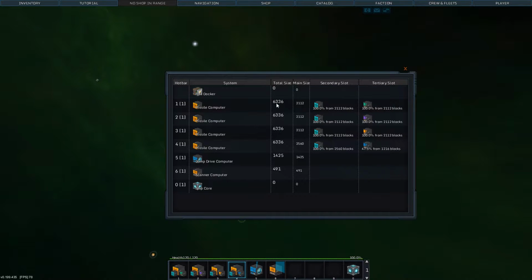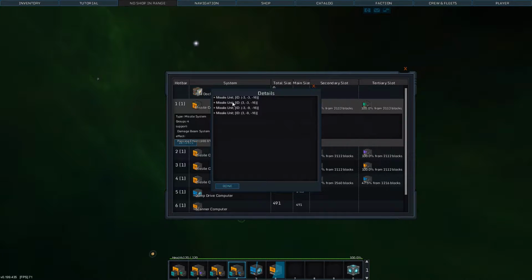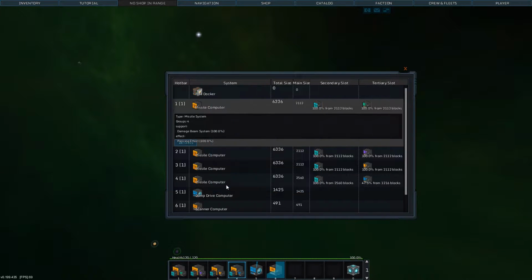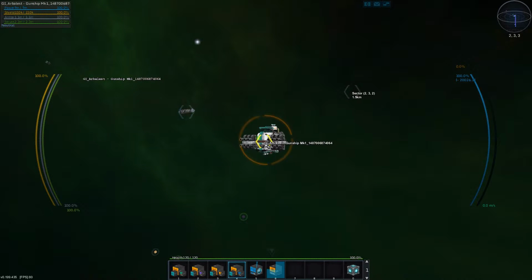All of these are about 6,300, or exactly 6,336 in total blocks. They all have 100% beam and 100% support, except the ion, which has a little bit less support, so it still does damage against targets that don't have shields anymore. The range of this by default settings is 9,600, which is the maximum range of the weapons in the game. So if we just begin to launch a little volley of ion,